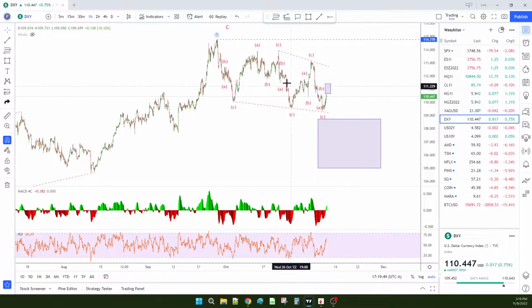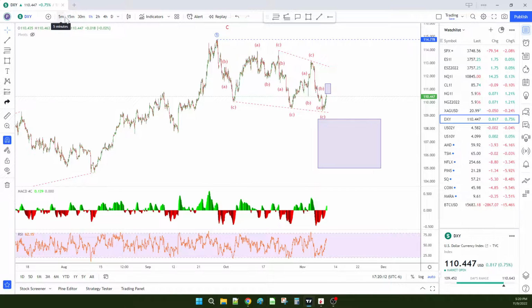But the more I look at it now, it really resembles a triangle. So we've got ABC for A, this is B, C, D, E, and now this move up is going to go up and break out of this triangle and break the top.